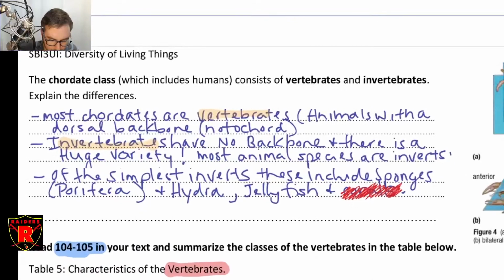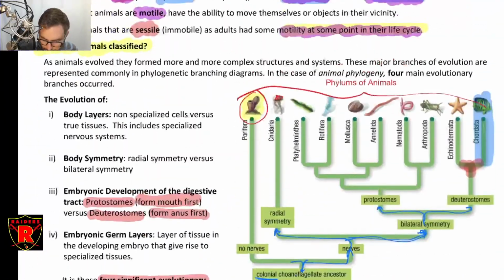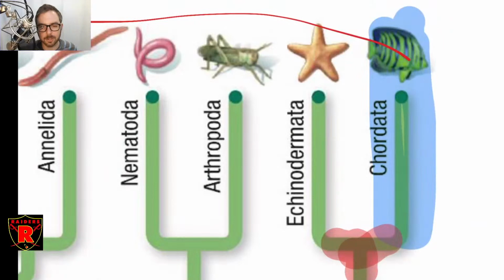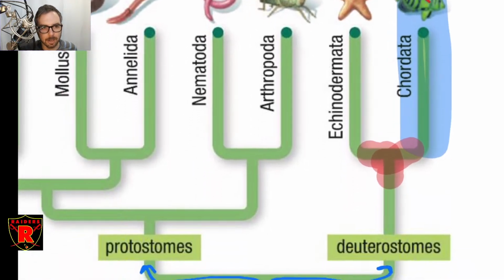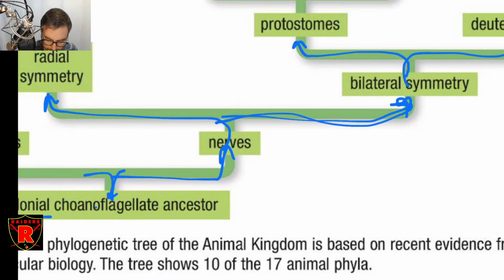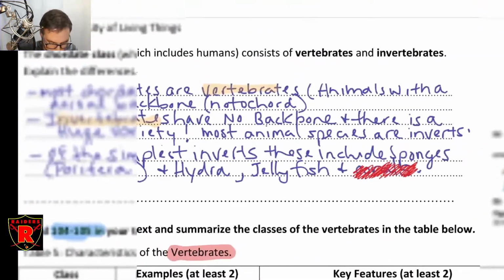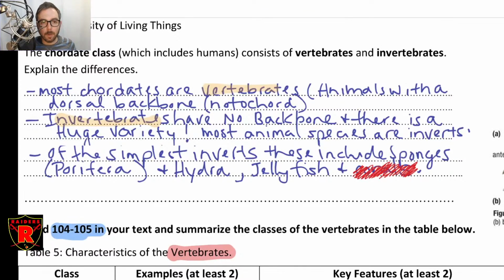So, we're going to look just at the chordates. Normally we would look at each of these, but I'm going to zoom in on the chordates and talk about them in more detail. The reason I chose that group is because we are chordates, and it probably pays for you to know a little more about things that are like us. It's probably important to know about all of them, but we don't have time. Most chordates are vertebrates. A vertebrate is an animal that has a spinal cord, a cord, making it a chordate. Chordates just have a spinal cord.